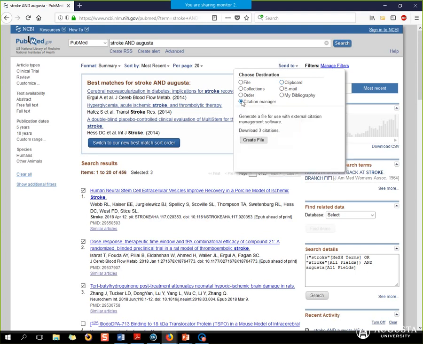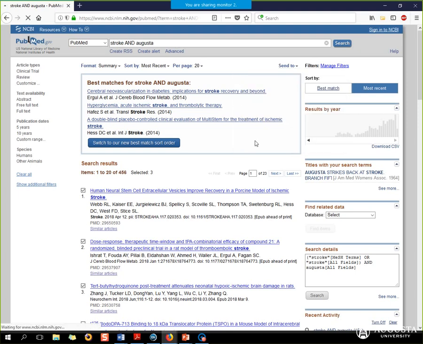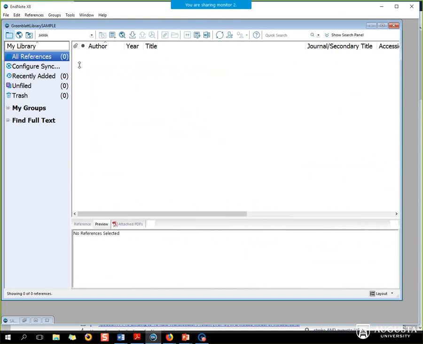Here I'm going to highlight with the radio button the Citation Manager and say create the file. Now based on your browser you'll get different experiences. If you use IE, if you use Chrome, if you use Firefox, there's different ways it will export. Sometimes in Chrome in the bottom left you'll see a little file pop up that you're exporting. You just click that little link again and it will push those records from the browser into the library. Here I've set up Firefox so that when I click create file it should automatically export into